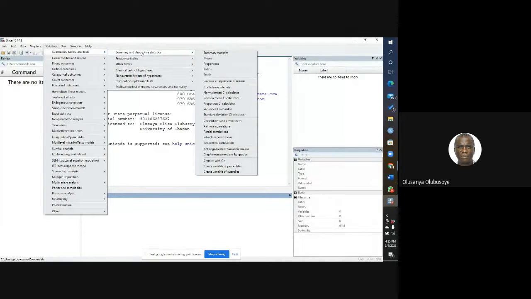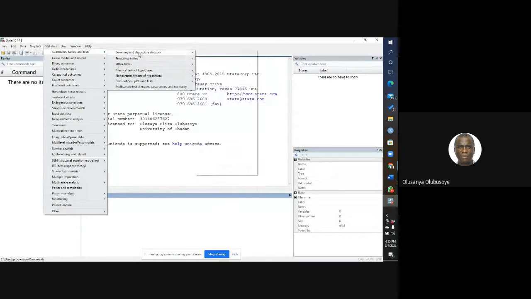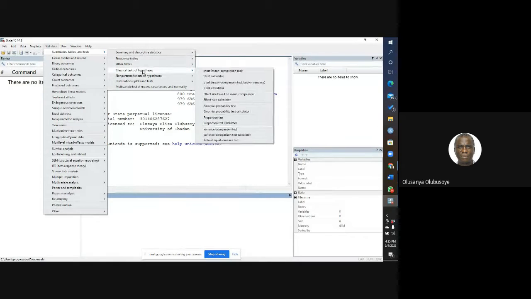You could also scroll to where you have the second windows, and where you have the classical test of hypothesis. So in that window, you will see t-test, mean comparison test, t-test calculator,